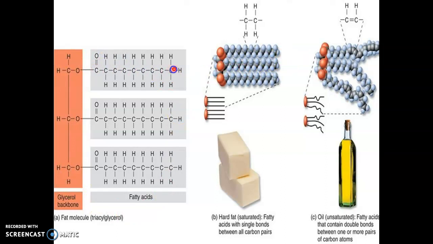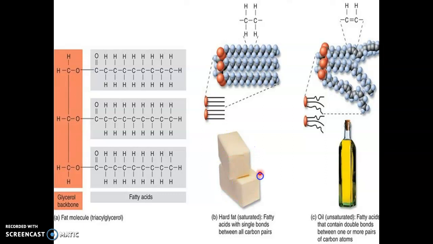See, each tail has nothing but single bonds between carbons, and all three of them are saturated, so this whole molecule here would be solid at room temperature. So if you look at this little shorthand diagram, you have two triglycerides. Each one is saturated, so all its fatty acid tails are straight. You see how these two molecules can get really close together? So they can become more densely compacted, so they're going to become solid at room temperature and be butter or